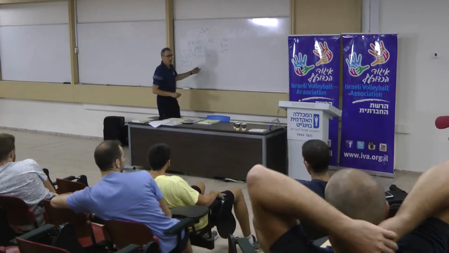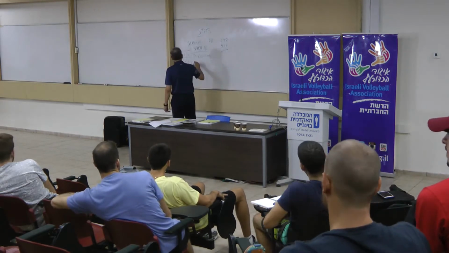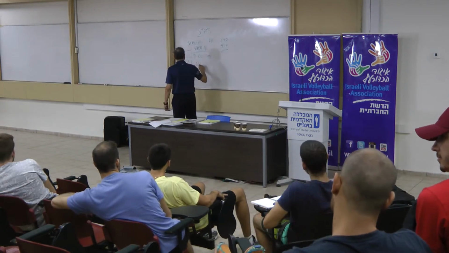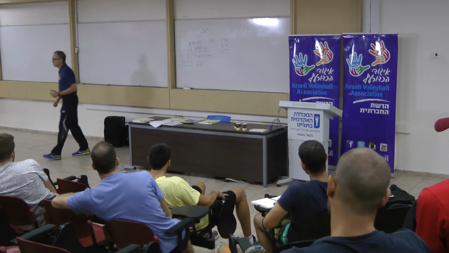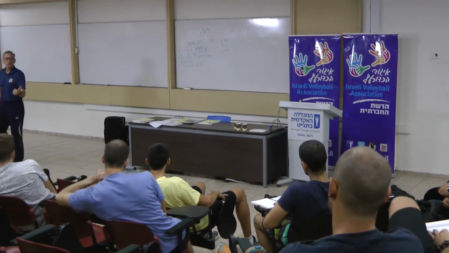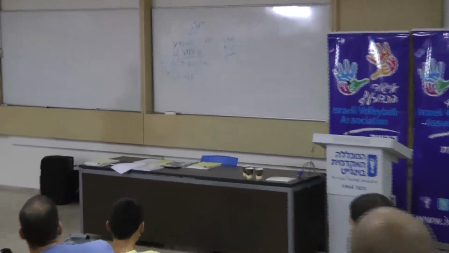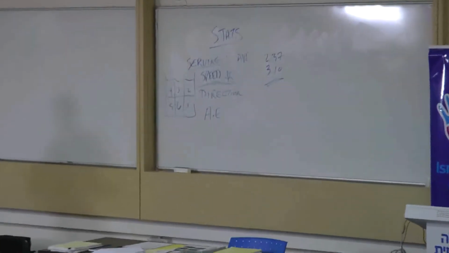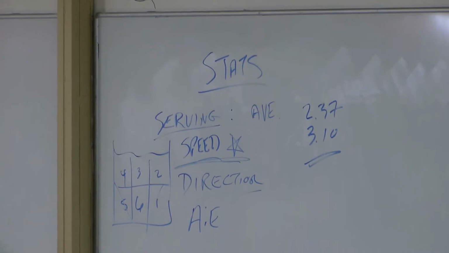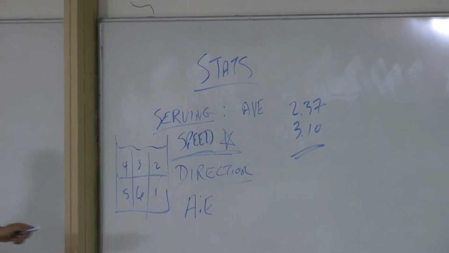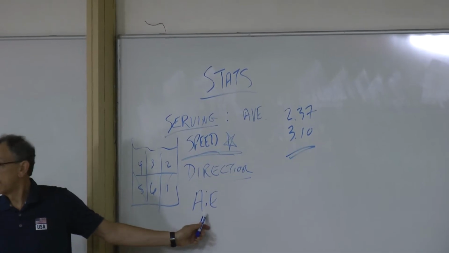What else do we want to know about serving? We want to know this. Sure. We want to know how many points you're scoring on your serve directly, especially in the game today with so much emphasis on jump serving and hitting it hard. Yeah, so this is an ace to error ratio. Okay, but we'd like to know just this by itself.